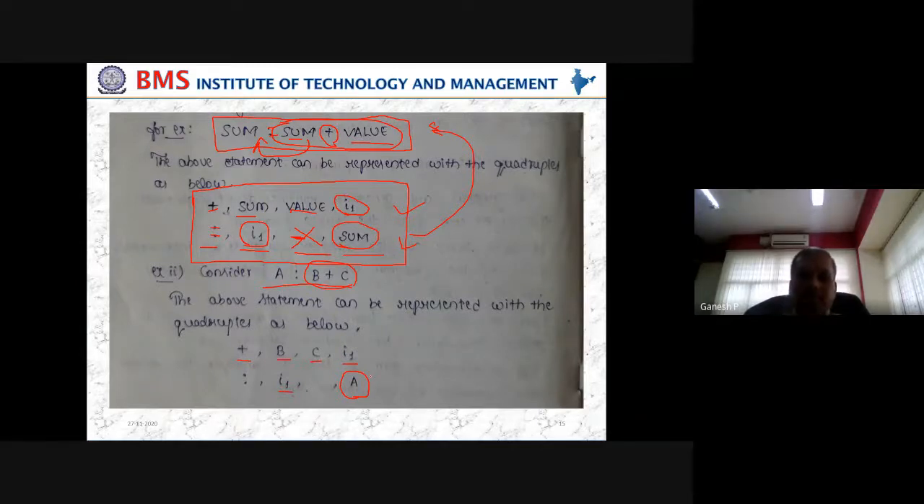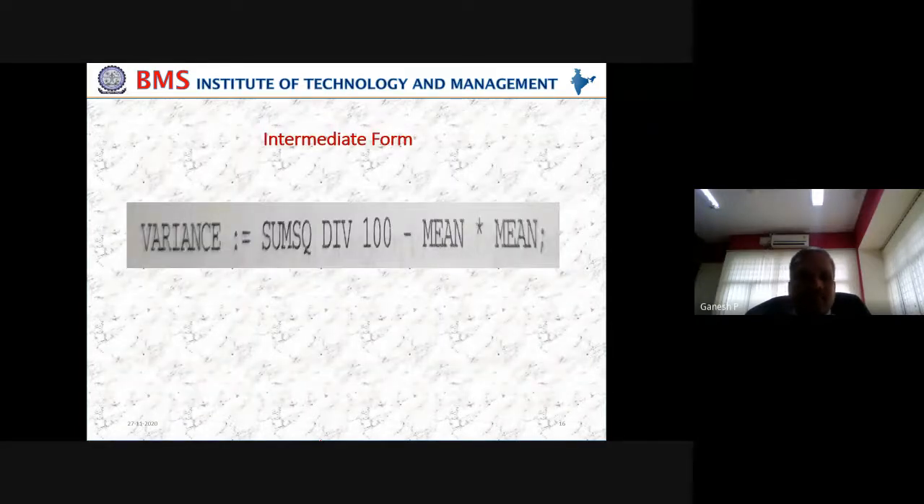This is the way we can represent any expression, any executable instruction for that matter, in terms of a quadruple. If it is involving more than 2 operands, we'll break it down into multiple intermediate forms like this. So probably you can try this: how to represent the given expression in quadruples. So take this expression and try to develop quadruples. Meanwhile, let me take